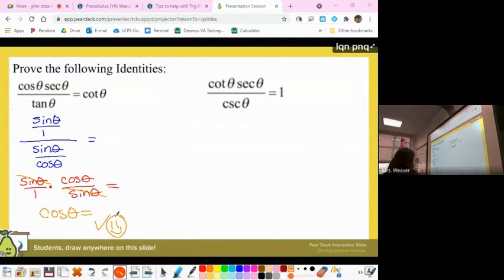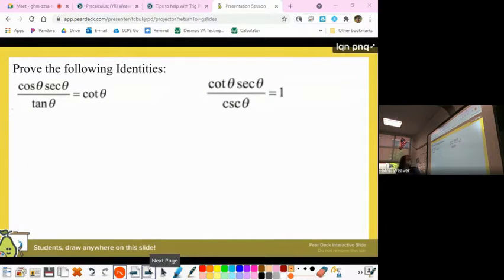Okay. So this one says cosine theta secant theta over tangent theta equals cotangent theta. So I've got cosine, secant, tangent, and I want cotangent. I've got all these different functions, so this is a great time to switch everything to sine and cosine. I know y'all are probably feeling like we're one-trick ponies, but that really is when you would want to do that, when you've got all these different functions and you want to get it to another function. So that would be cosine theta over 1 times 1 over cosine theta divided by,